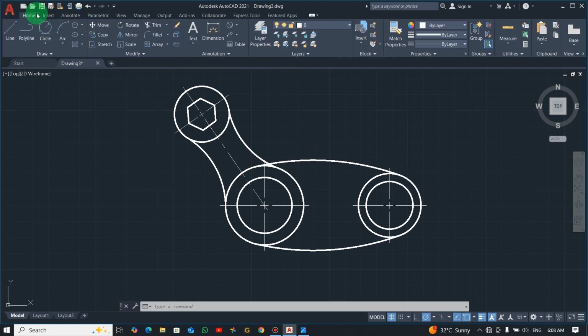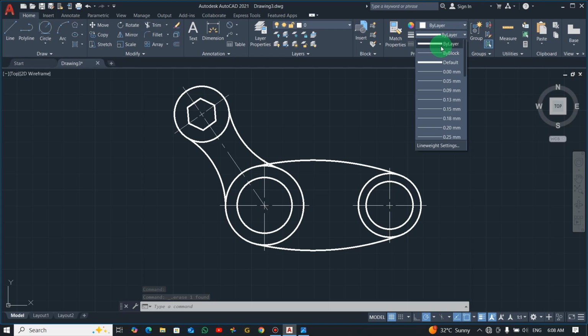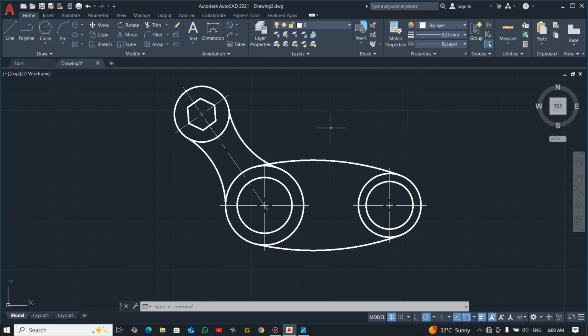So just go to select diameter and then dimension this. Let me reduce the line width. So select by layer, select this one. Let's select this. Okay, so pick this so that the lines will not be too thick. Let's dimension. Okay,